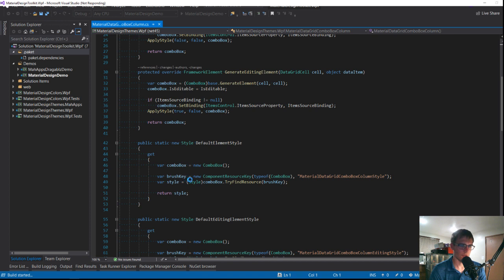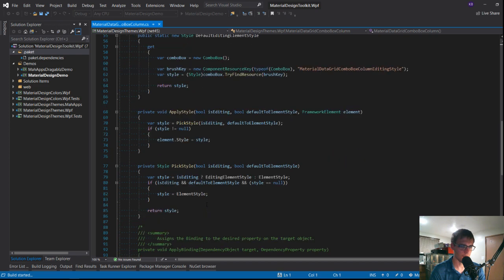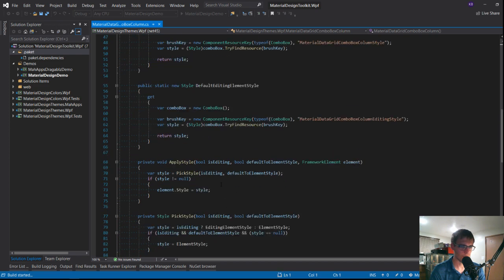This name here is clearly wrong. The brush key. This is definitely a resource key, but it's not to a brush because it's clearly pulling out a style. So we may end up renaming some of this stuff, but I don't